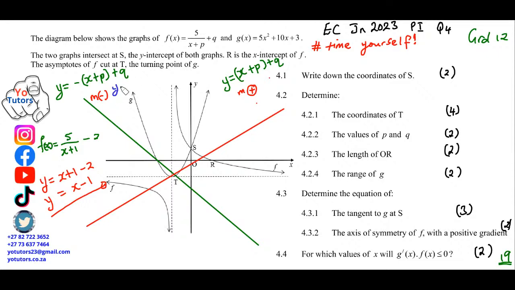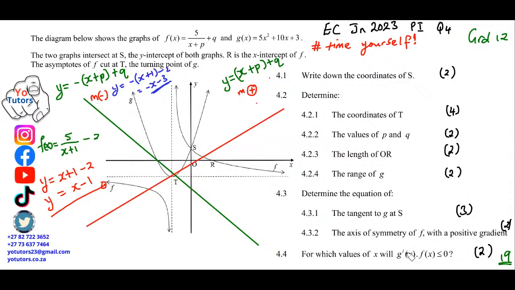It's going to be y equals negative (x + 1) minus 2, which is going to be equal to negative x minus 3. Okay, so this will be the equation with the negative gradient. Now let's go on to the last question here, which is saying: for which values of x